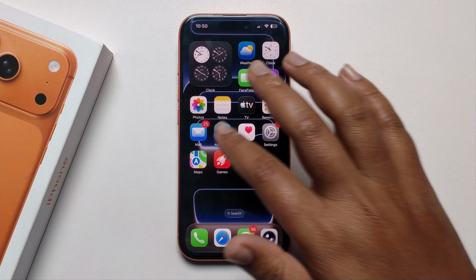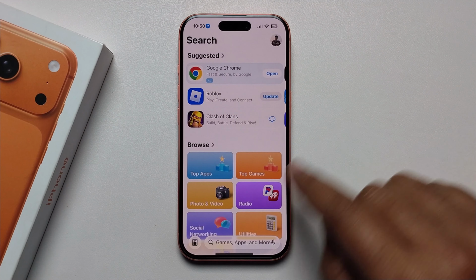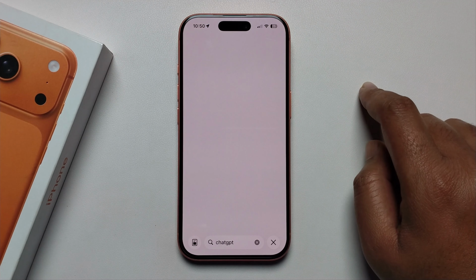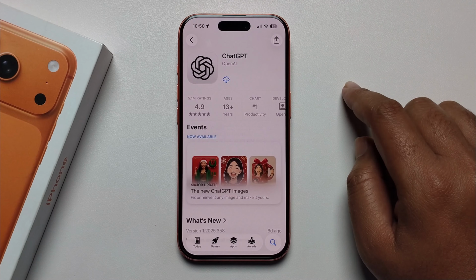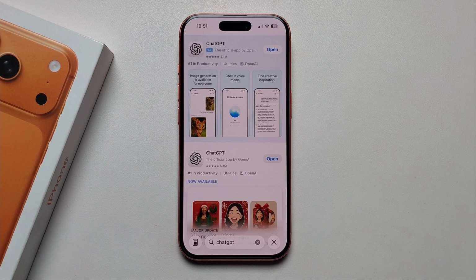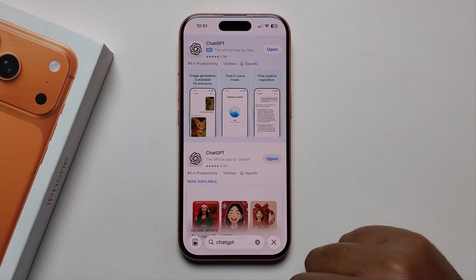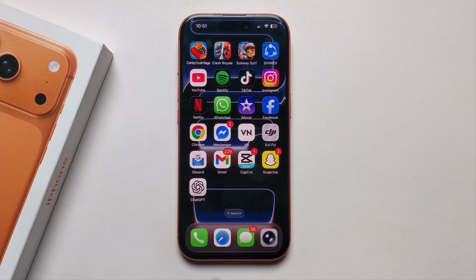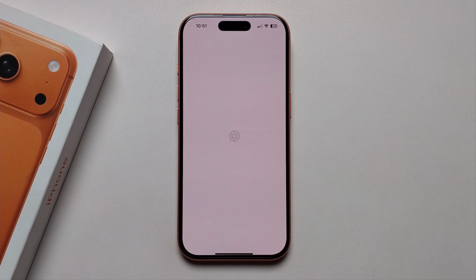So simply, at first open the App Store, go to the search option, and search for ChatGPT. Okay, just install this. Okay, now you have successfully installed ChatGPT. Press on open,